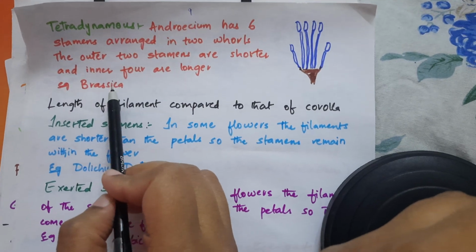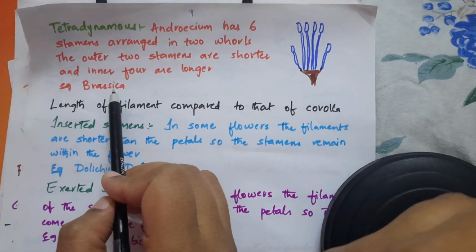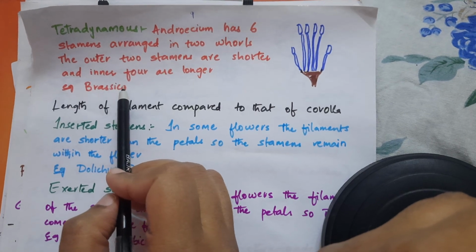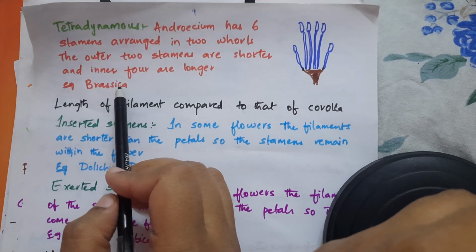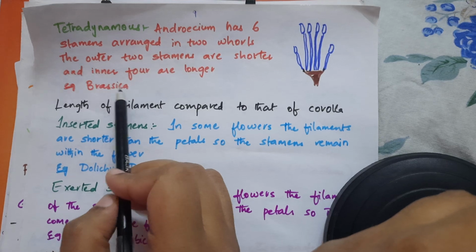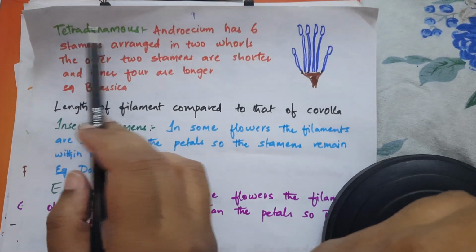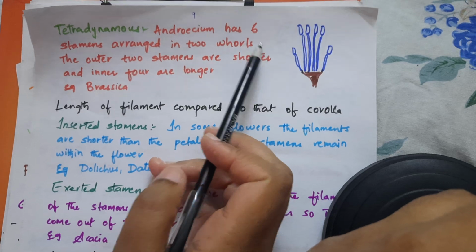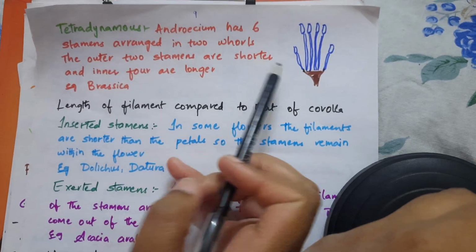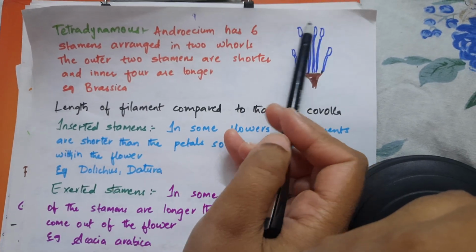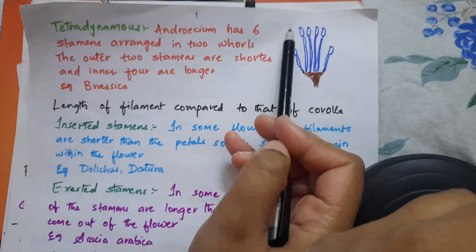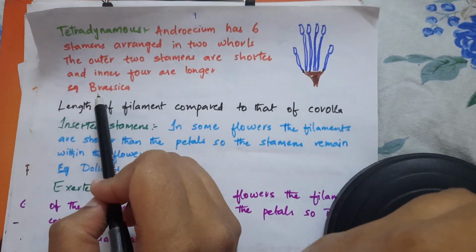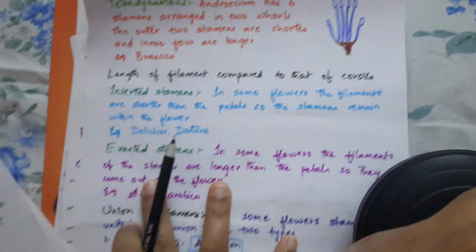Okay, so based on the length, there are two types of stamens seen. Didynamous, in which two are long and two are short. Example is the ocimum. In tetradynamous, here the 6 stamens are there which are arranged in the two whorls, in which the outer whorl has the two short stamens and the inner whorl is having the four longer stamens. Example for this is the brassica. Okay, then